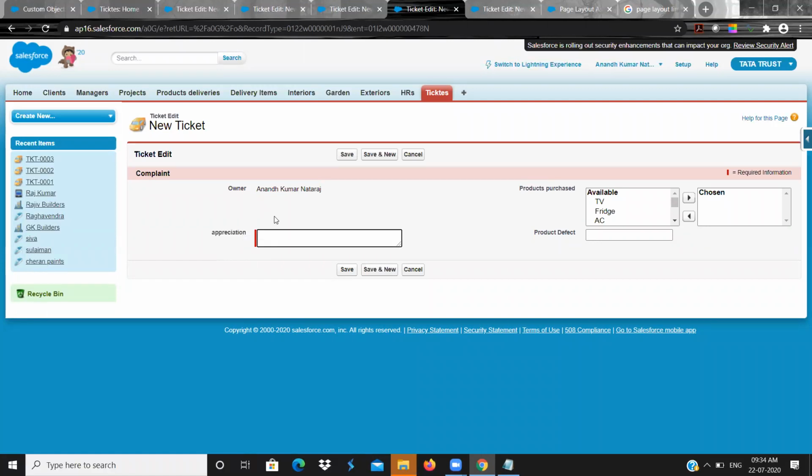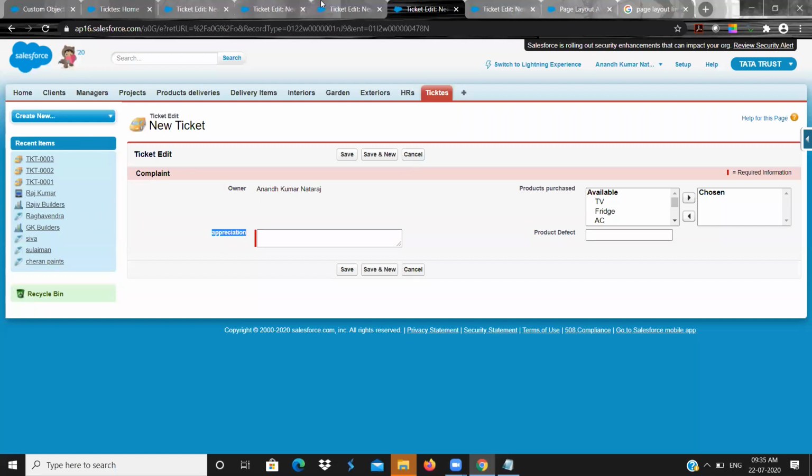Without this, it cannot be saved into the database. While defining a field, if I give the required checkbox, then you cannot save any record without giving any value to it. So that's why it came here. But it has no meaning, because in complaint, I cannot have appreciation.